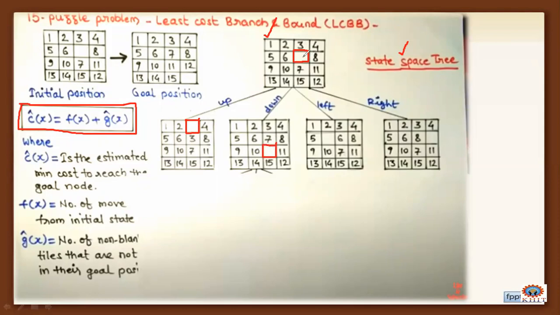Okay. Next, if this empty position moved left side, 6 will be placed here and empty will be placed here. So it is the left position, and here it was moved to the right position. That means in the first iteration of constructing the state space tree, the empty tile has the possibility of moving in 4 ways: up, down, left side, or right side. In this way we have the possibilities of moving.